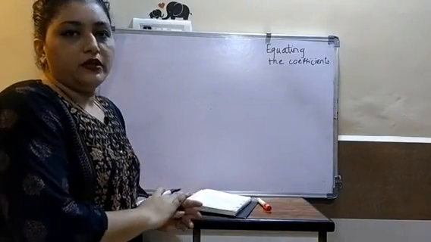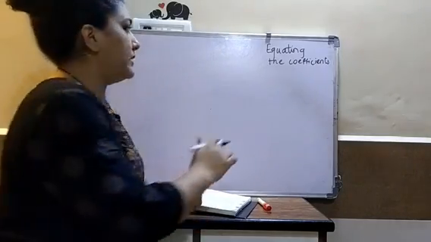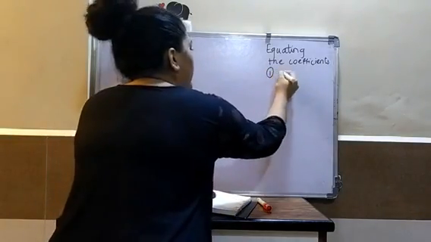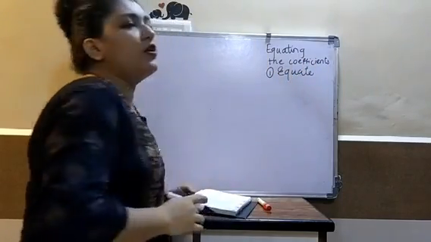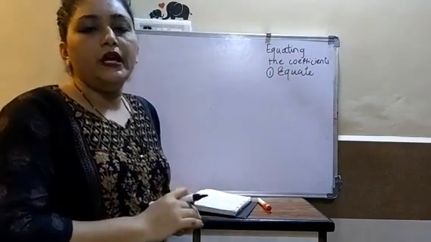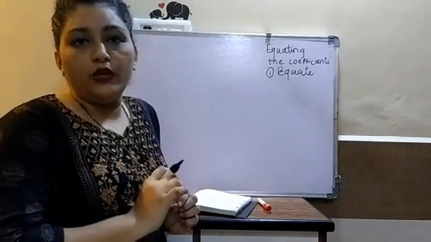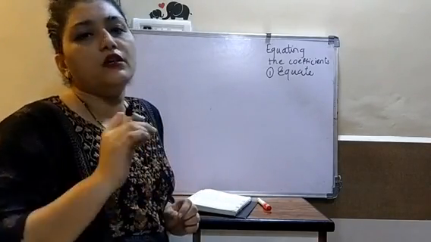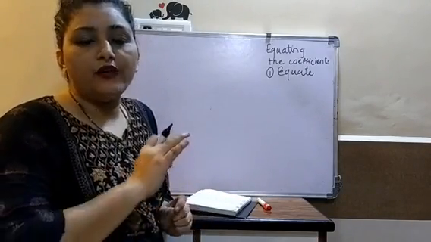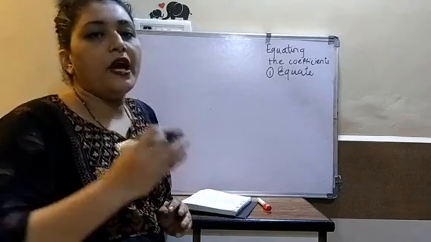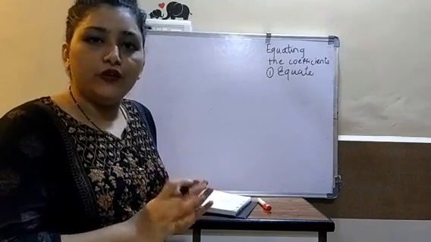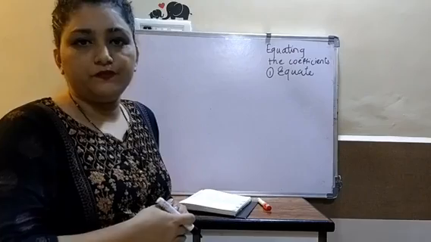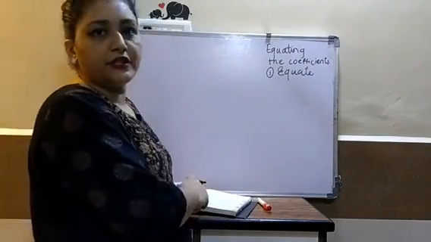Now in that method you have to follow two simple steps. The very first step is to equate. Now what is the meaning of equate? Equate means you have to make any of the coefficients equal. You have the coefficients of x and the coefficients of y, so you select any coefficient and make it equal. That is the very first step.